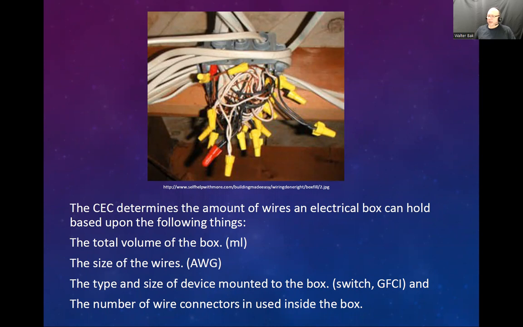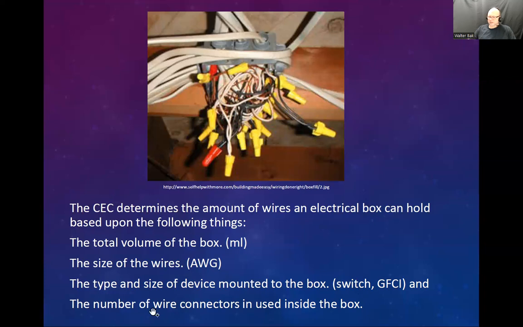For example, a regular light switch would take less space in the box than something that's called a GFCI. Some of us know what the GFCI is, and we'll talk about that too, since we're ground fault circuit interrupt. And the number of wire connectors used